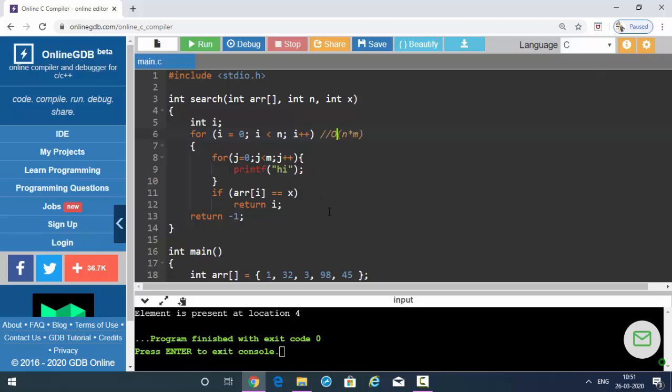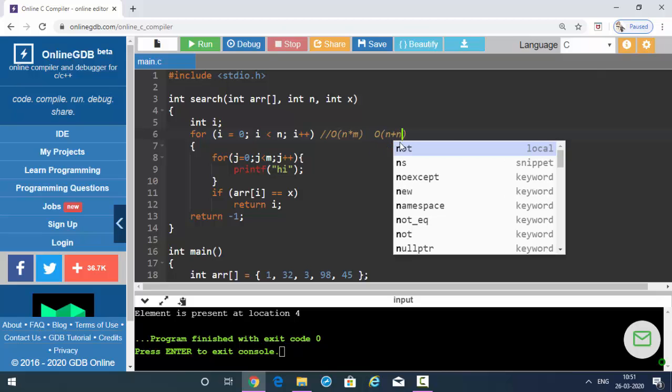If I have a third for loop, which is going till o, then it will be big O of n into m into o. Then another for loop nested inside. But when this for loop is over, and after that we have another for loop, then it's independent, because whether this for loop executed or not, or it returned or whatever, the next for loop is not nested in this. So this will have n units, this will have n units. If you are adding n and n, then big O of n plus n,